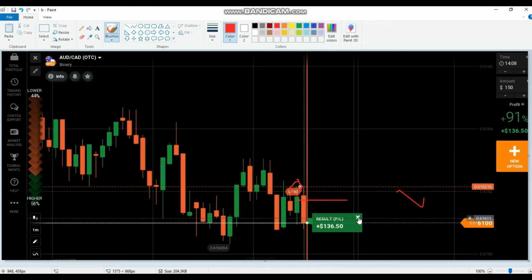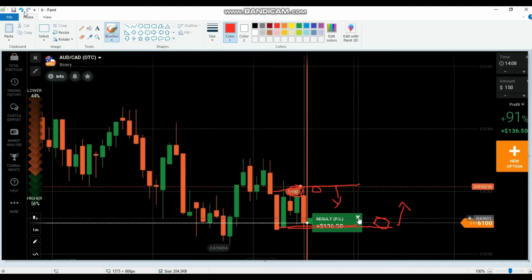Also, we know that in this area both the buyers and sellers are in equal force, because now it's consolidating, or it's a type of ranging market. So in a ranging market it will mostly respect the levels. If it's trending, if the sellers go like this, it may break easily, but here there is a strong resistance here and a strong support here. So when the market closes around this area with some rejections like this, we can expect sellers' entry, and the same in the case of here. When the market closes around this point with some rejection, then we can expect buyers' entry.